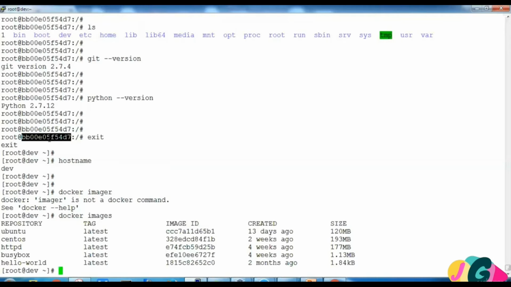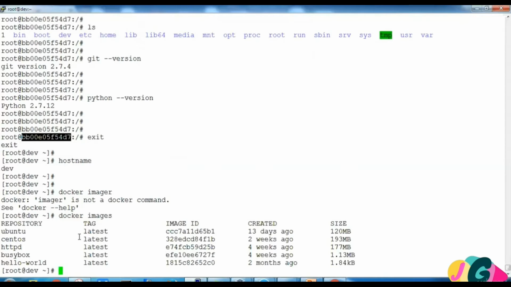So if you want to save the data for long, or upload that whole application with configuration on GitHub or Docker Hub, we can write the build command to build an image.